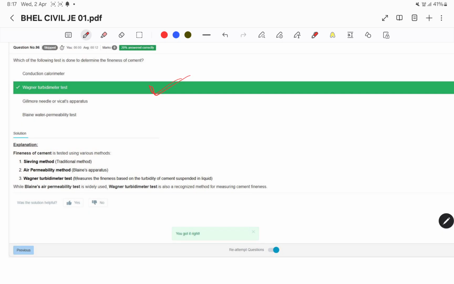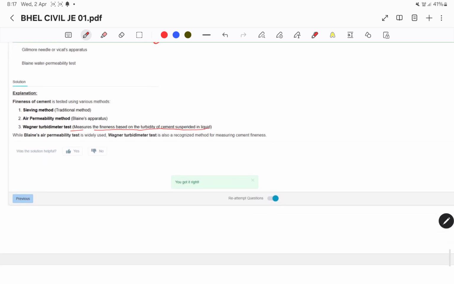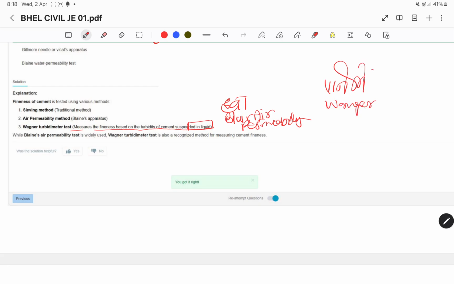Sieving, air permeability, Blaine air. Wagner turbidimeter test measures the fineness based on the turbidity of cement suspended in a liquid. हवा में प्लेन एयर परमेबिलिटी। पानी में वेंगर turbidity।